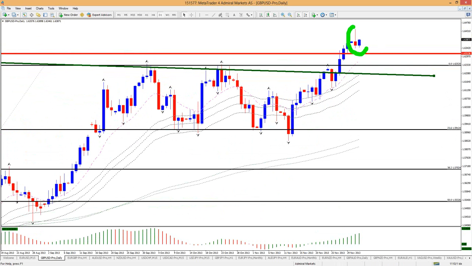Yesterday had a bit of a pin bar after a substantial run up. You can see what we have: 1, 2, 3, 4, 5, 6, 7, 8, 9, 10, 11, 12, 13 days up. So a pin bar after 13 days might indeed be a pretty decent price action signal. I'm still careful because it is an uptrend, and I don't necessarily think that this pin bar will be a total reversal. Why do I think this pin bar is not a reversal?